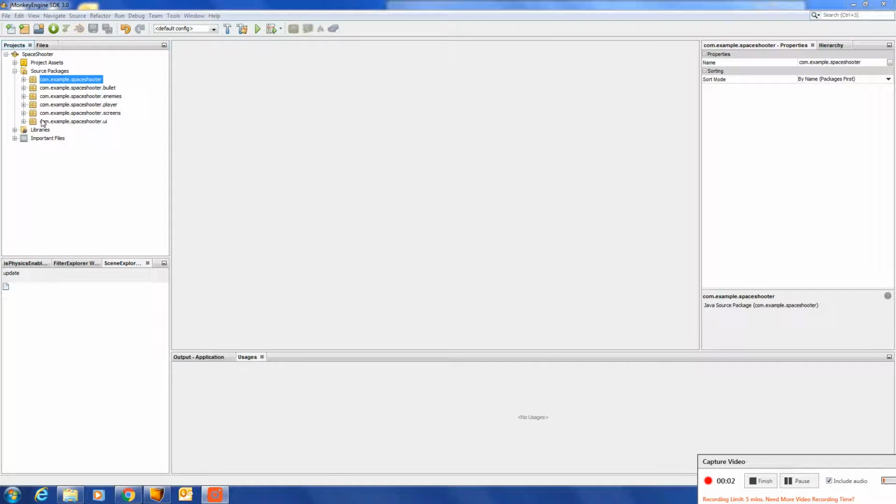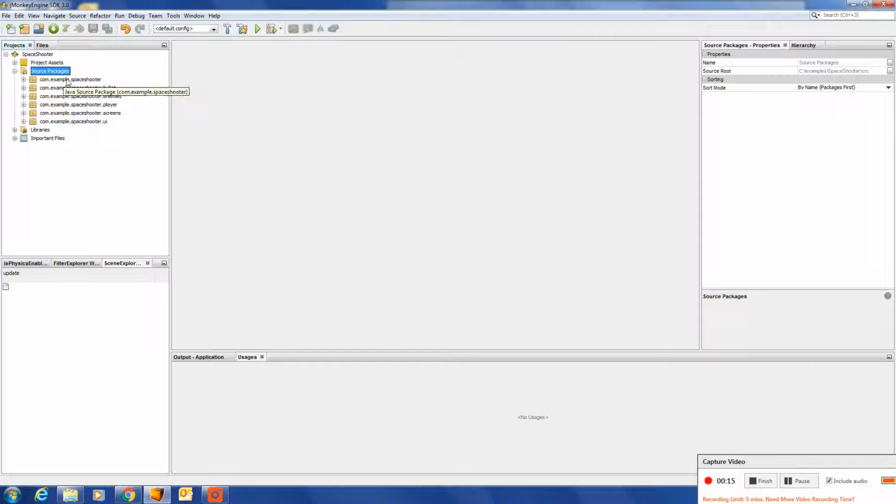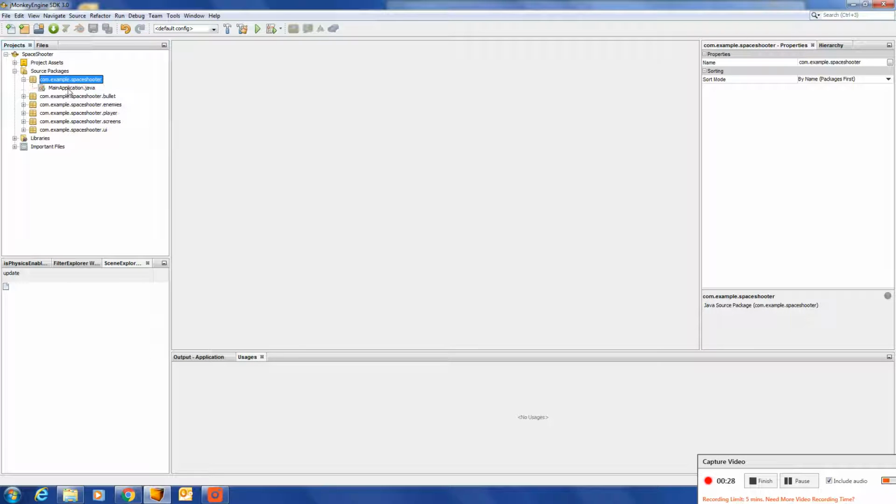Okay, so if you look at the source code and you look at my package structure, you'll see I have a few packages naming each aspect of the game specifically. For example, I've got my root package, which is where my main application class is. I will have a bullet package. I've got my enemies. I will have player, screens, and UI. And the main application,